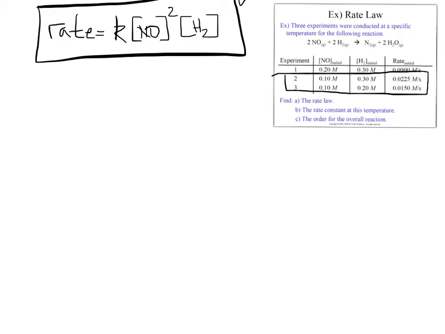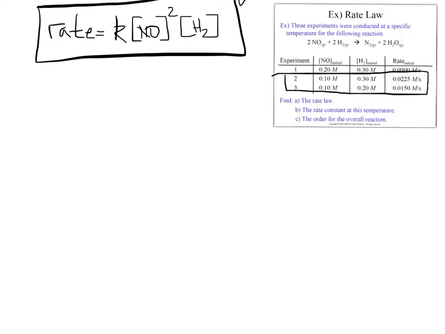The concentration of NO at that point was 0.20, and we square it. And the concentration of H2 was 0.30. And those are both molarity as well. And if we solve that out, what we're going to find is that K is equal to